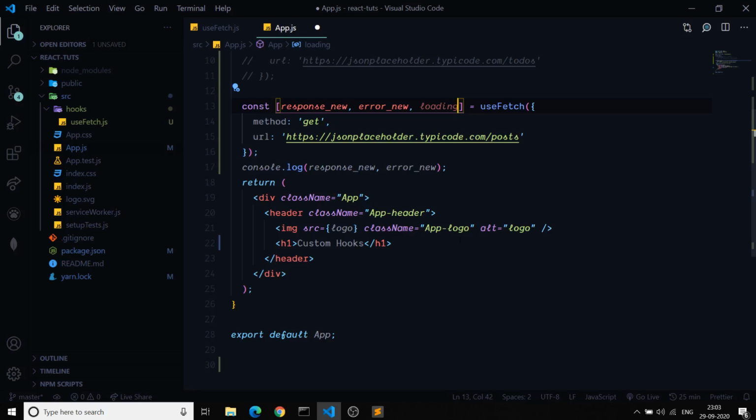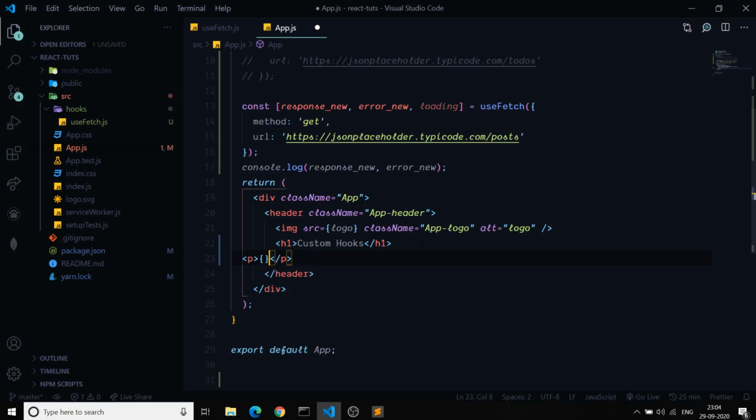So here I can add a new paragraph tag, and in this paragraph tag, if loading is true, then show